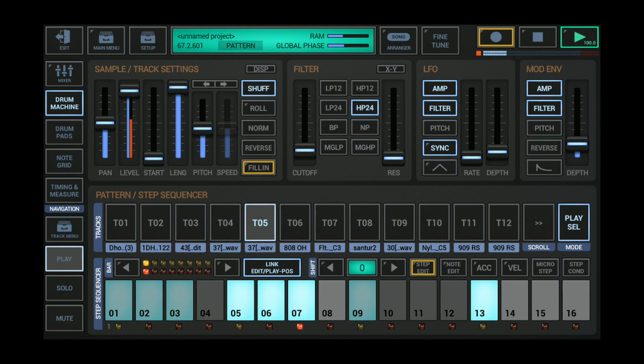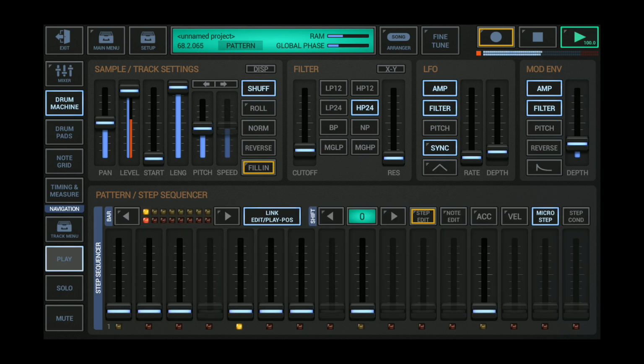Then we'll select micro step here. So that is second from the right hand side. First is step condition and second is micro step. So